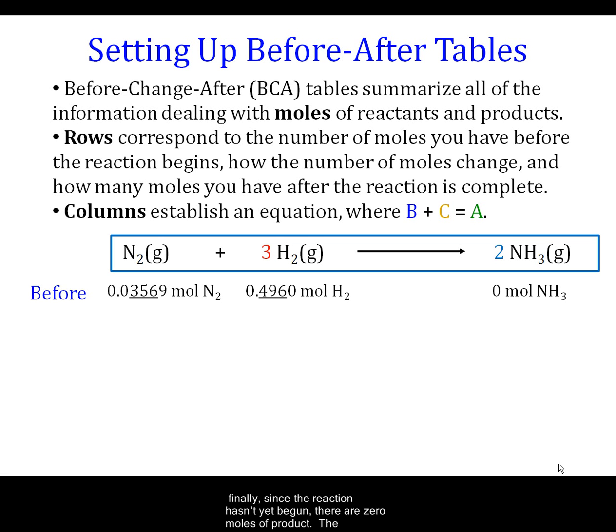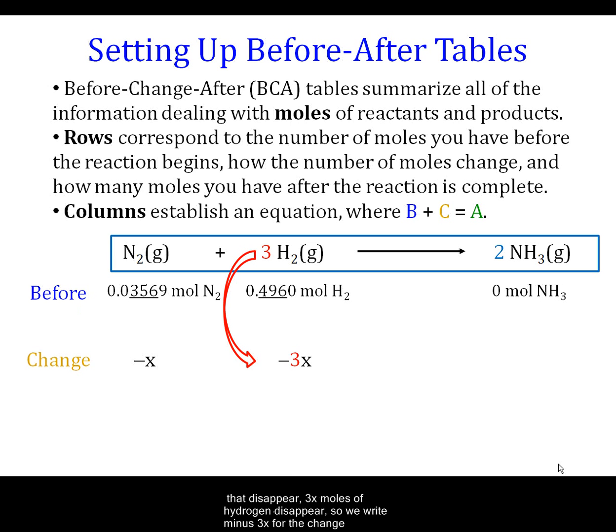The second row is the change row, which tells us how much these quantities shift. Over the course of a reaction, the reactants decrease in quantity, and the products increase in quantity. If we abstract out this process, the amount of decrease corresponds to the coefficient multiplied by some unknown quantity x. So, for nitrogen, the change is minus 1x or minus x. For every x moles of nitrogen that disappear, 3x moles of hydrogen disappear, so we'd write minus 3x for the